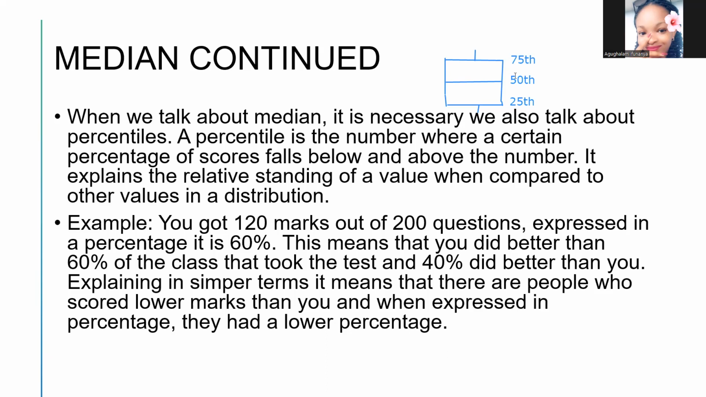Let's say the income of a region is such that 50% of that region earn 45,000 naira. It also means that 50% earn more than that 45,000 naira, and 50% earn below that 45,000 naira. So